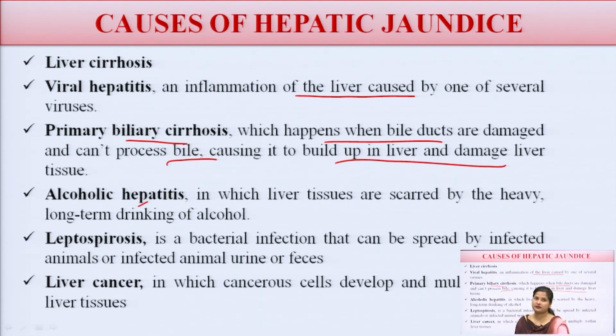Alcoholic hepatitis means the person is taking a high intake of alcohol, and this causes damage to the liver. So in alcoholic hepatitis, liver tissues are scarred with heavy or long-term intake